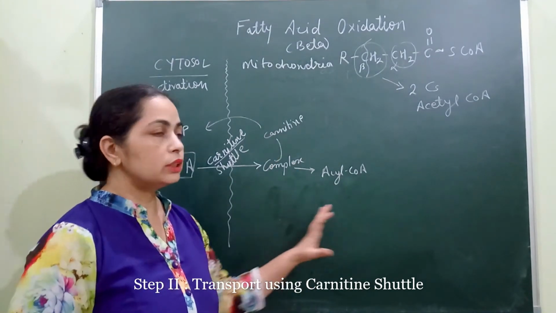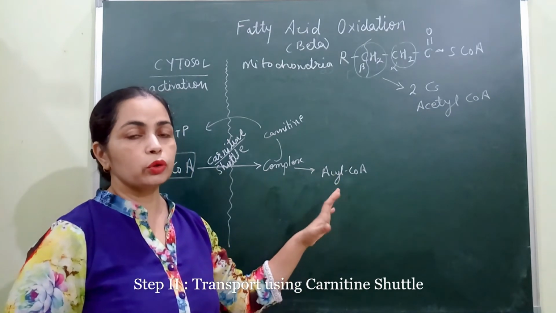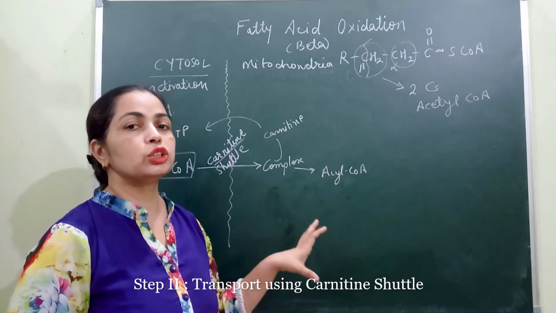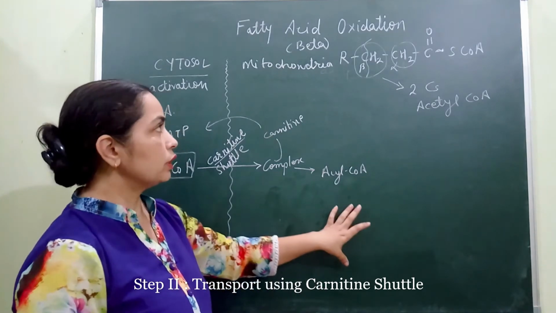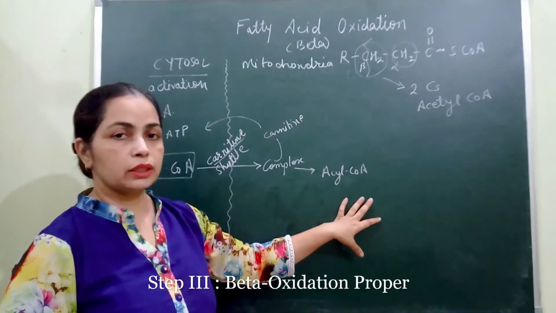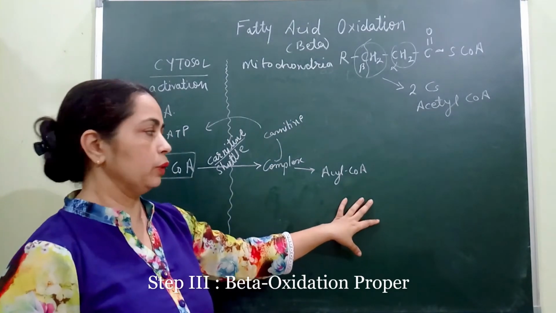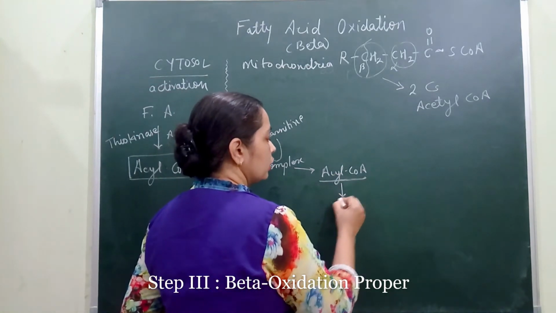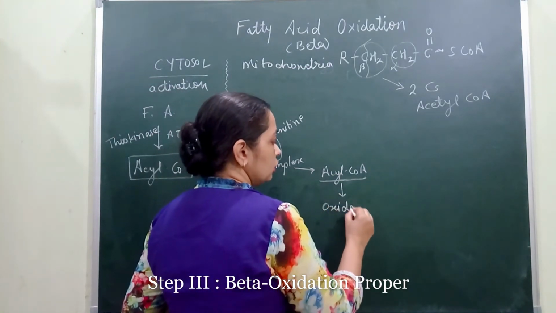Now why do we call this third step proper oxidation, beta oxidation proper? Because now the oxidation is going to take place. So that's why this third step, which takes place inside mitochondria, is termed beta oxidation proper. Now in this step, this acyl coenzyme A undergoes oxidation,